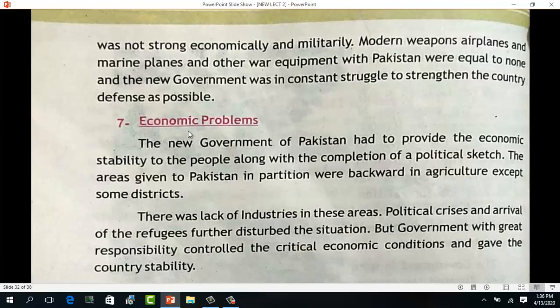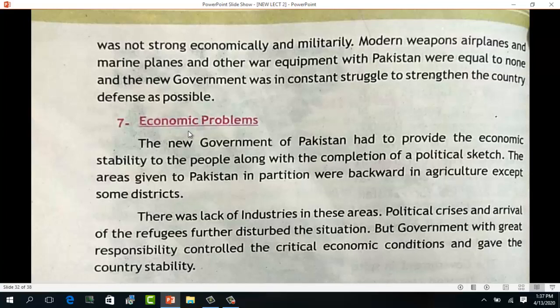A newly independent state, Pakistan mostly consisted of economically backward and underdeveloped areas. After its existence, the agriculture system here in Pakistan was outdated. Before partition, the Hindus, with the blessing of the British government, had acquired complete monopoly in trade and commerce. How did the Hindus acquire this monopoly? Because